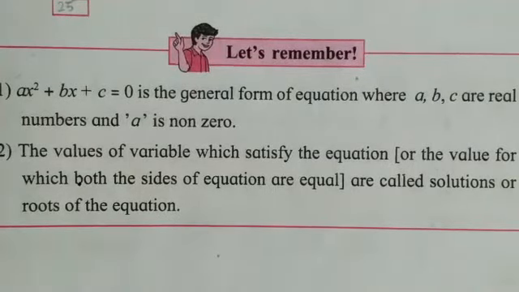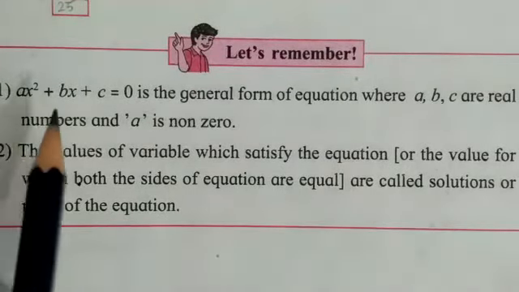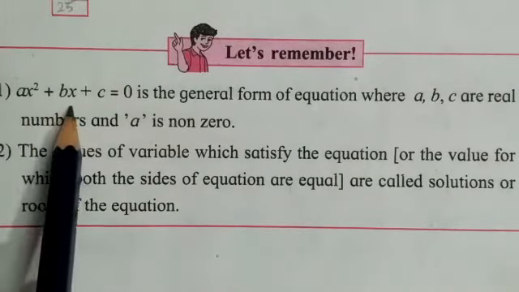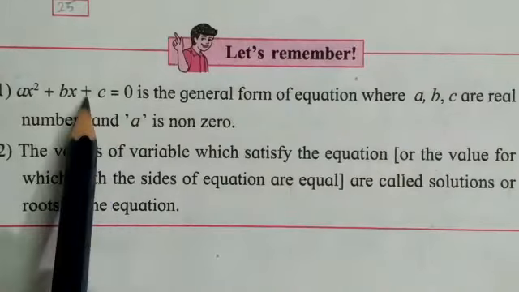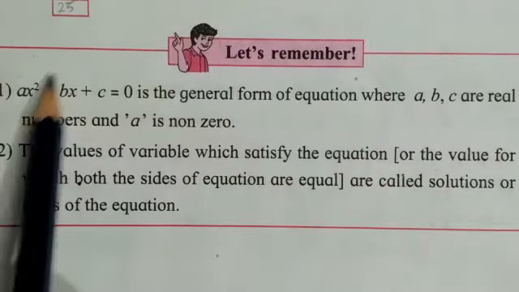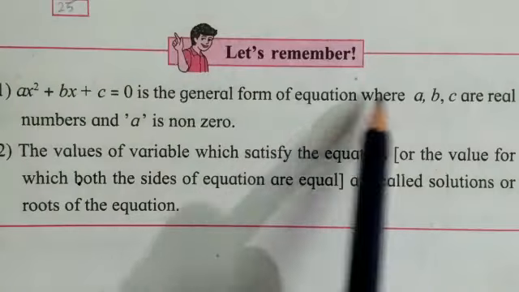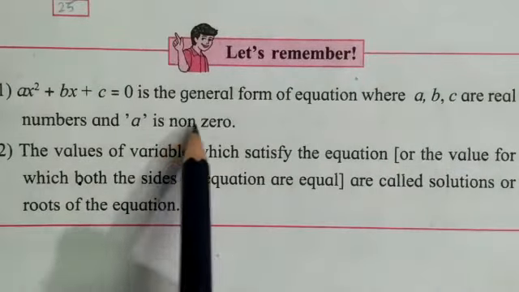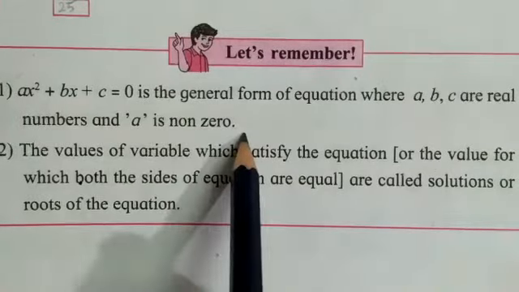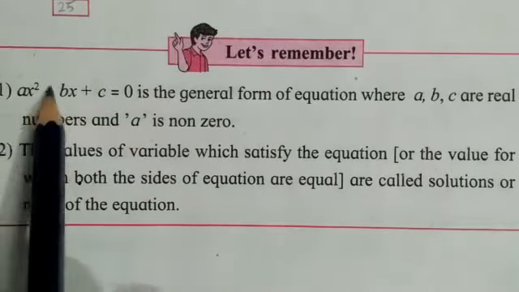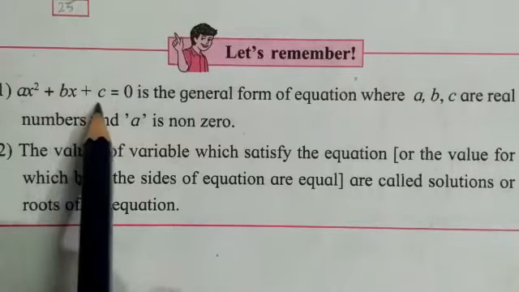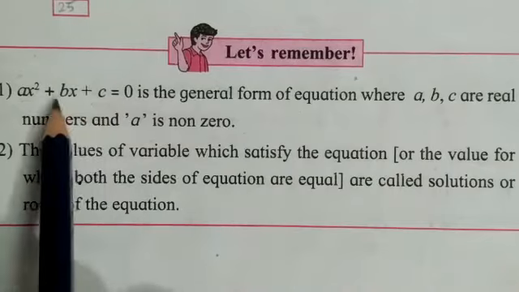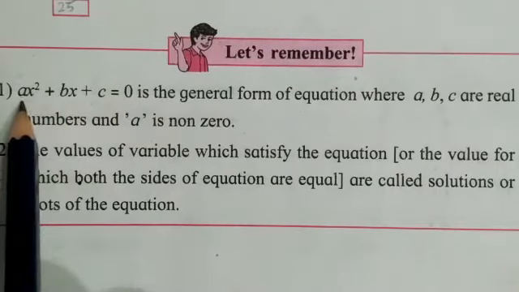So in short, what have we learned now? First, the quadratic equation. Its general form is ax square plus bx plus c, the same variable, okay, and the highest degree is 2. It is the general form of the equation where a, b, c are real numbers and a is non-zero. I explained that if a becomes 0, this term will become 0, so the highest degree will become 1, and it will get converted into a linear equation. So here the criterion is that a should not be 0.